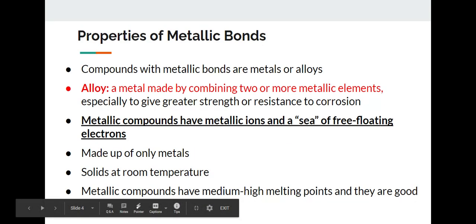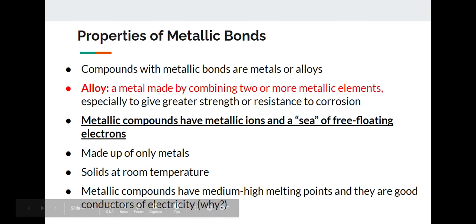What are the properties of our metallic bonds? Compounds with metallic bonds are metals or alloys. That's what we call them. Either it is a metal or it is an alloy. An alloy is simply described as a metal made by combining two or more metallic elements. Usually, the purpose of doing this is to give a metal greater strength or make it more resistant to corrosion